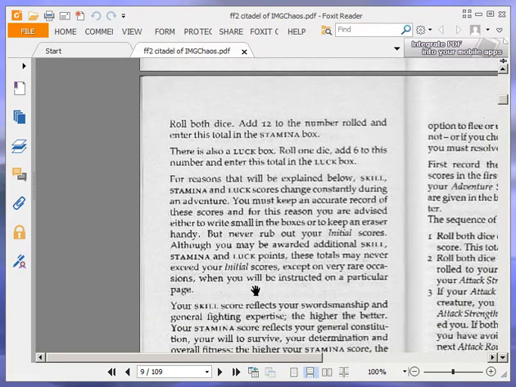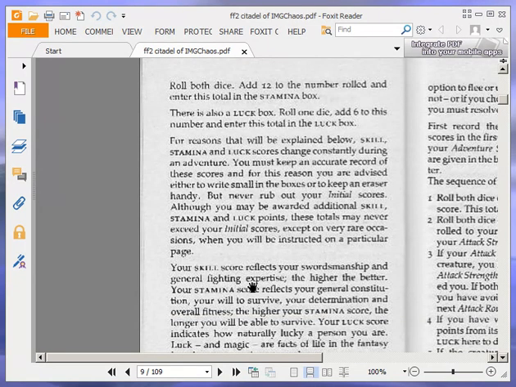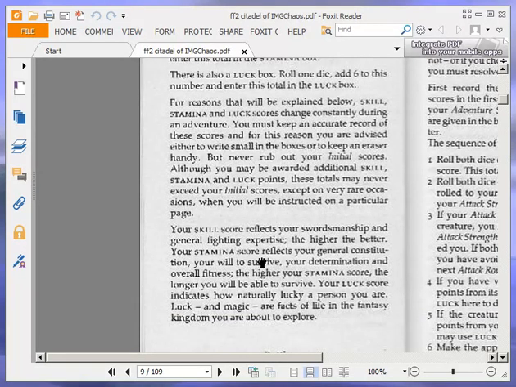For reasons that will be explained below, skill, stamina and luck scores change constantly during an adventure. You must keep an accurate record of these scores, and for this reason you are advised either to write small in the boxes or to keep an eraser handy. But never rub out your initial scores. Although you may be awarded additional skill, stamina and luck points, these totals may never exceed your initial scores, except on very rare occasions when you'll be instructed on a